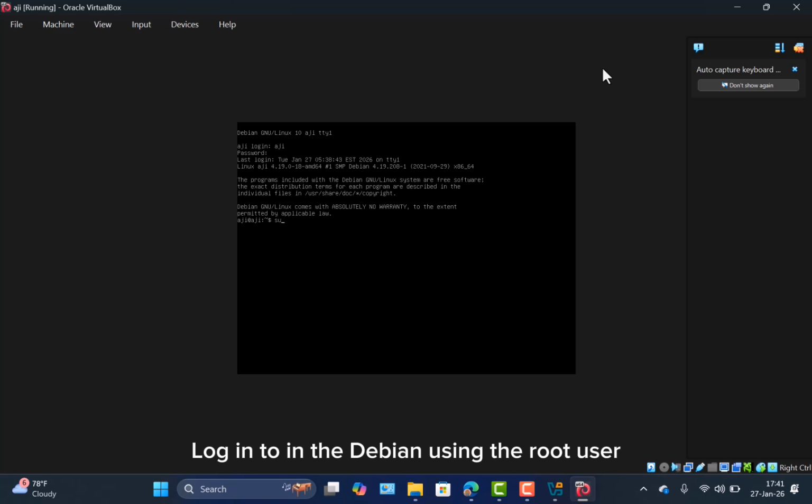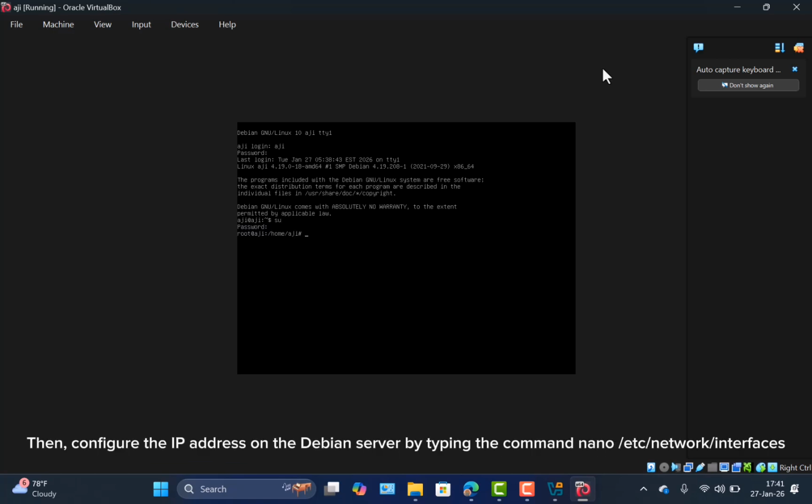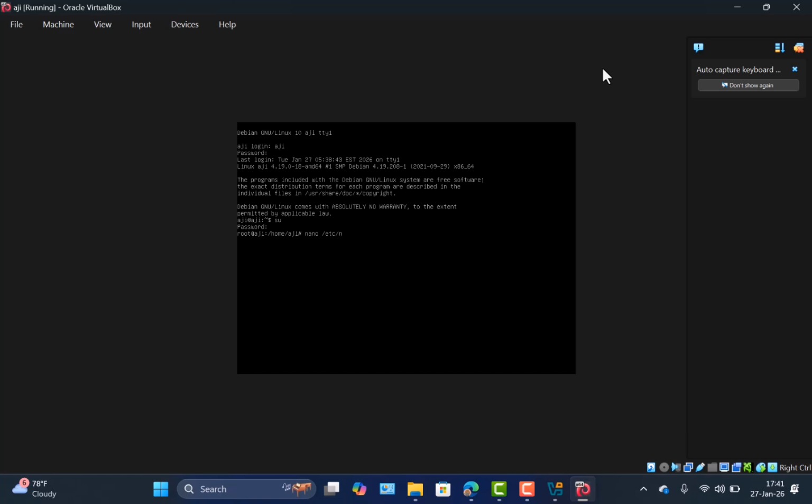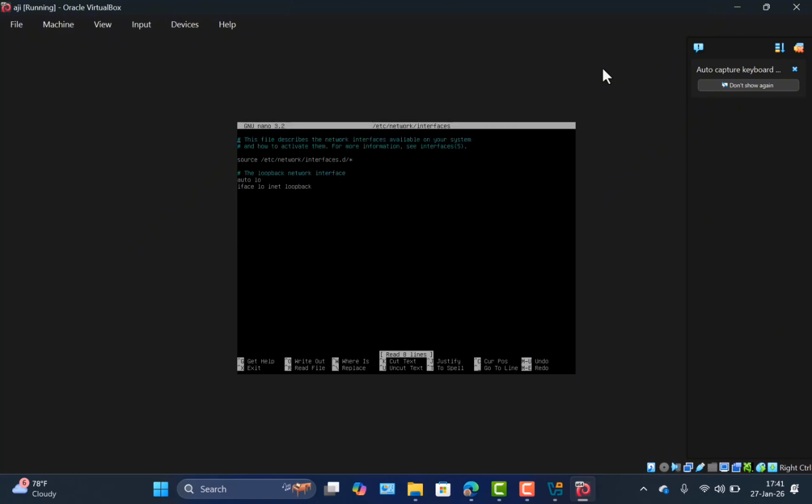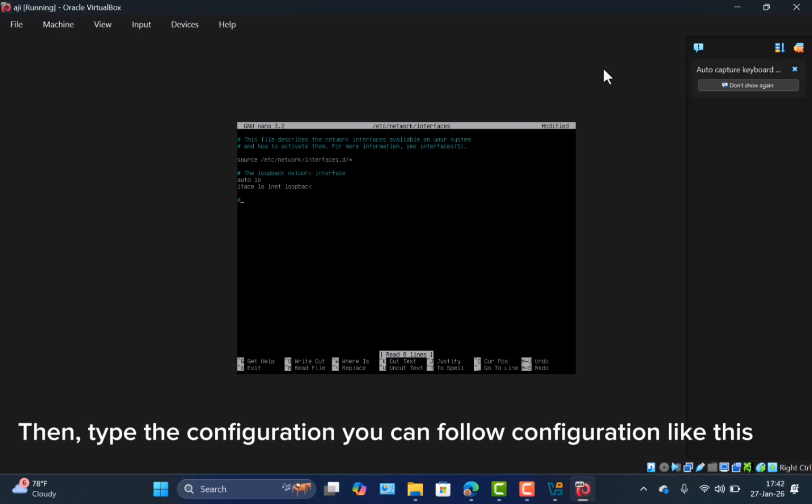Login in the Debian using the root user, then configure the IP address on the Debian server by typing the command nano /etc/network/interfaces. Then type the configuration. You can follow my configuration like this.